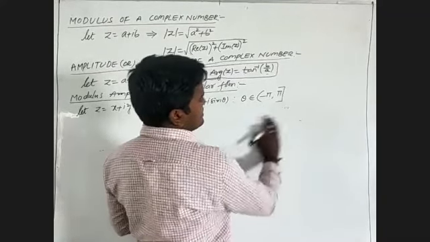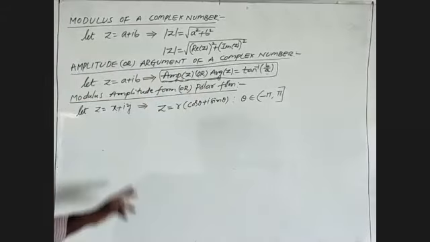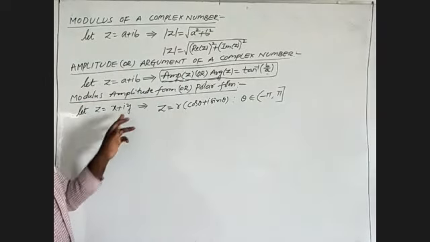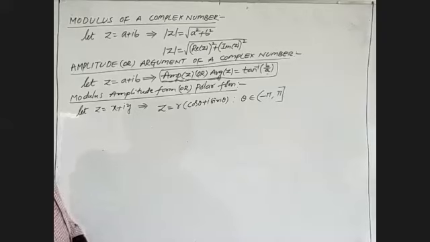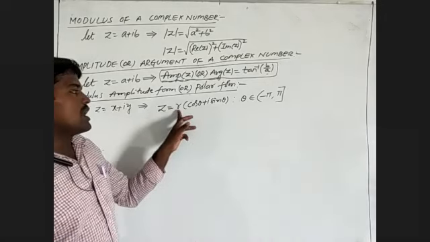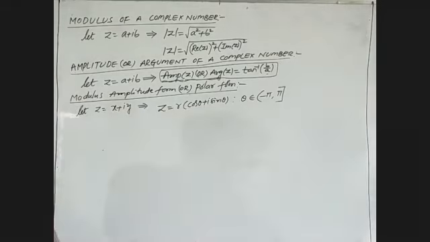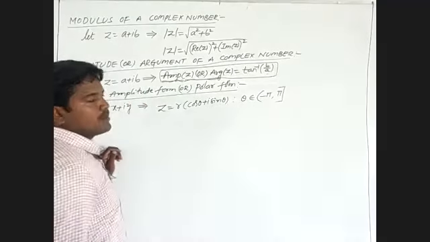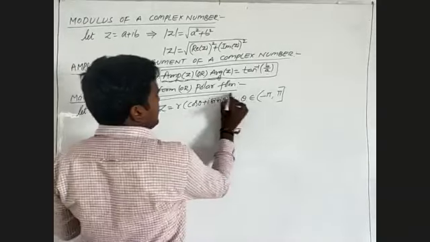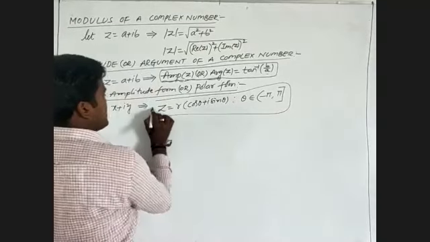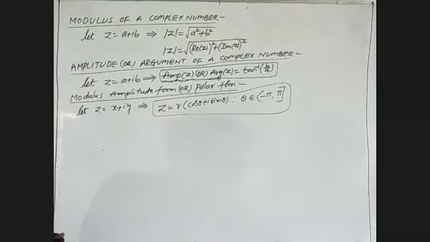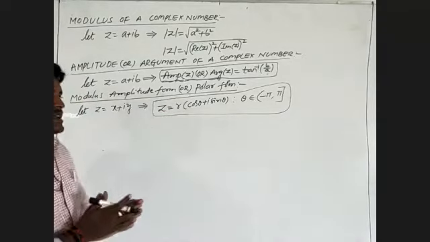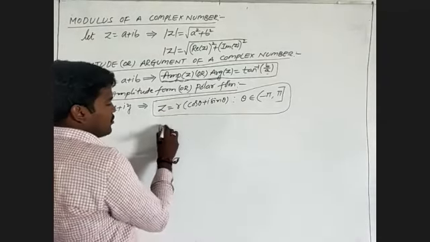Once again, I will explain this. Z is equal to x plus iy is any complex number. Then z is equal to r into cos theta plus i sin theta, where theta belongs to the open interval minus pi, closed interval pi. Then it is known as modulus amplitude form or polar form, where